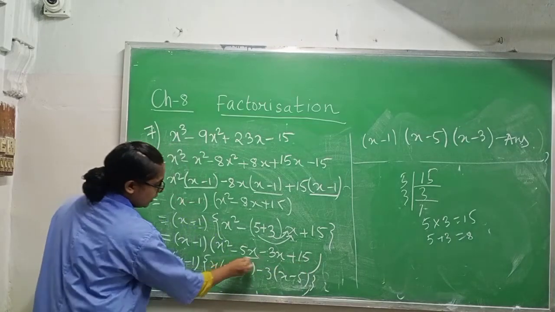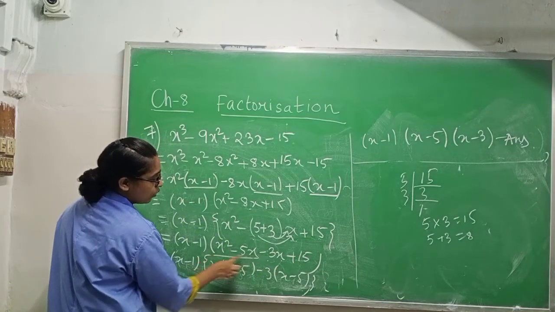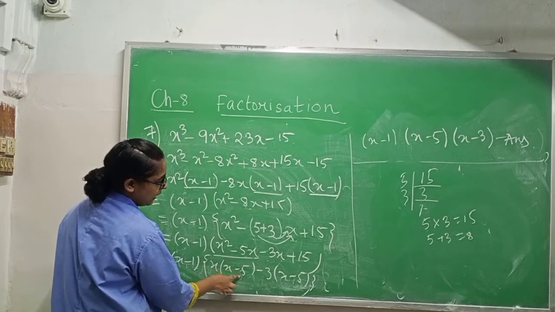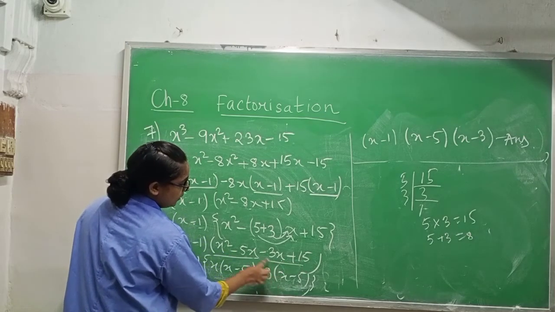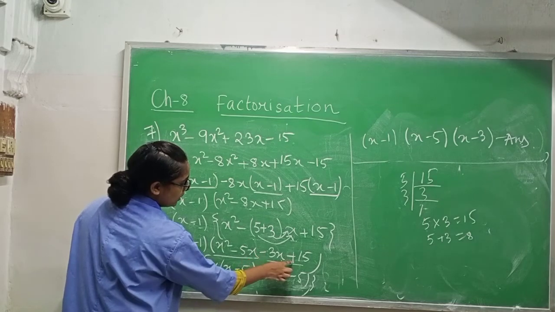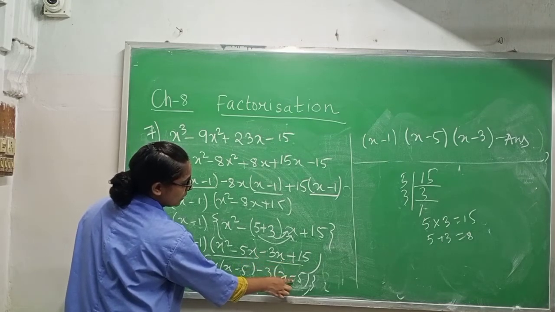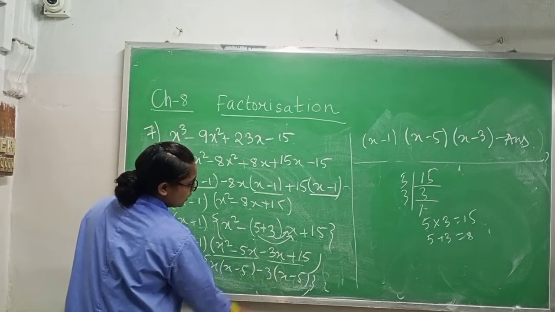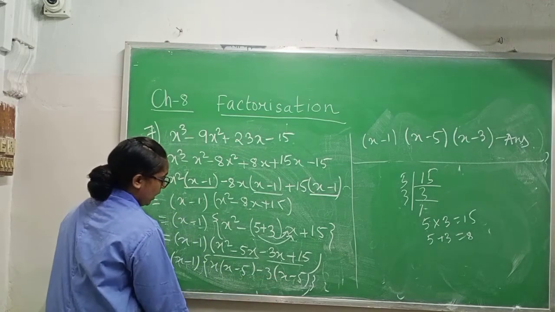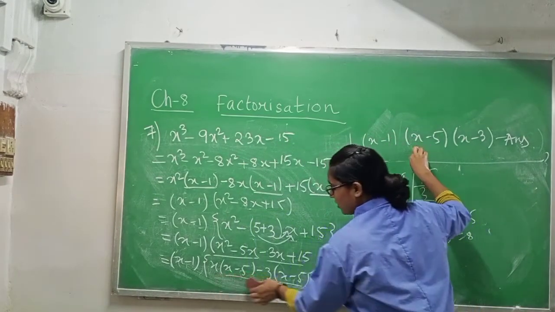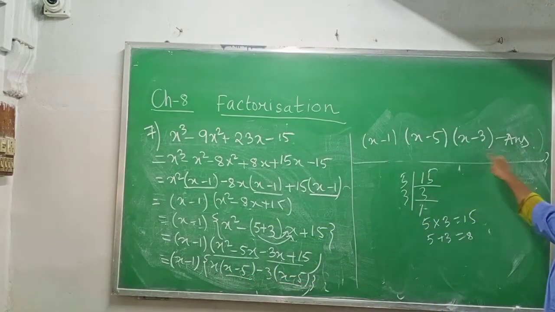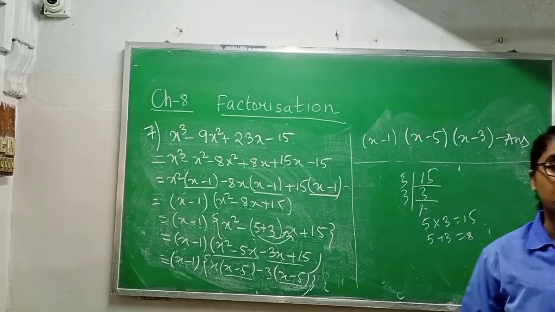Now in these two, what is common? x is common, 1x left, minus 5 left. In these two, what is common? Minus 3 is common, x is left. Since we are taking minus 3 common, this sign will change, it will also become minus. And after taking 3 as common, this one will be 5 only. Now this one you will write one time. What is there? x minus 3. x minus 3. So this is your answer. Copy this one.